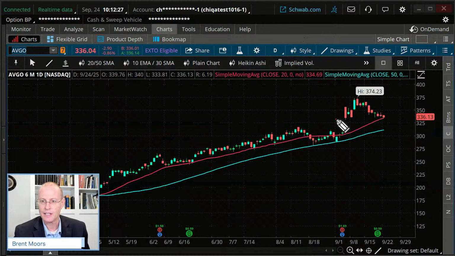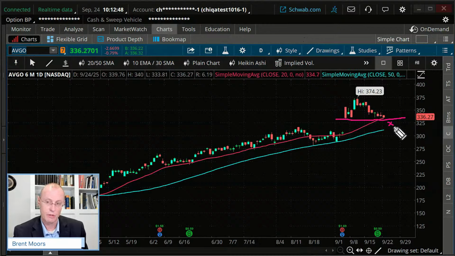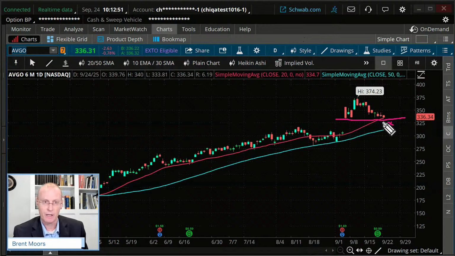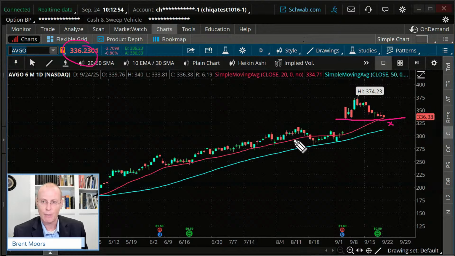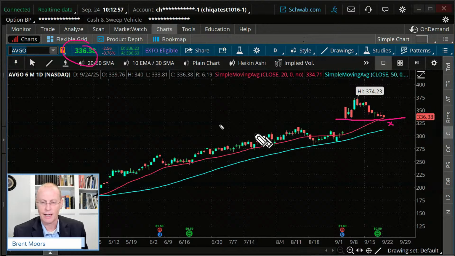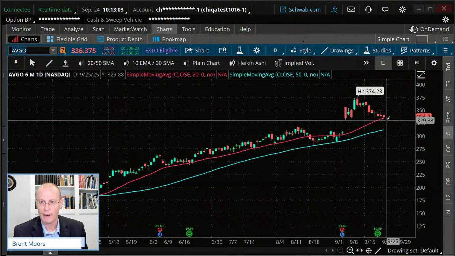What I'm going to say is we've had a general trend up, and I'm going to consider this, my line's a little crooked there, to be kind of a support level. Now, if this breaks down, let's say we go down here, we're probably going to look to exit, right? And we can do a stock-based exit on this. Right now, we're pretty close to support. Stock's at 336. Let's say we break down here, it's about 330. We could just say we're going to automate our exit on that ahead of time.